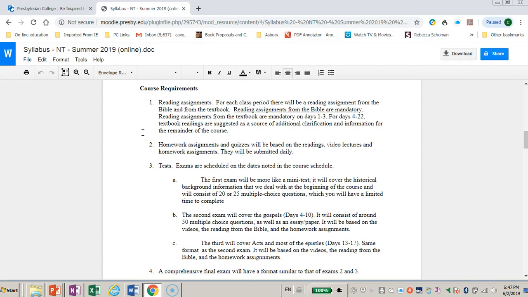As I note here, the reading assignments from the textbook are also mandatory on days 1, 2, and 3, but I indicate that for the rest of the course, the textbook readings are a source of additional information, but the test questions and the papers and so forth are really going to focus on the reading of the Bible. So make sure that you are doing the reading of the Bible and consulting the textbook for some of the homework assignments and also for further information.